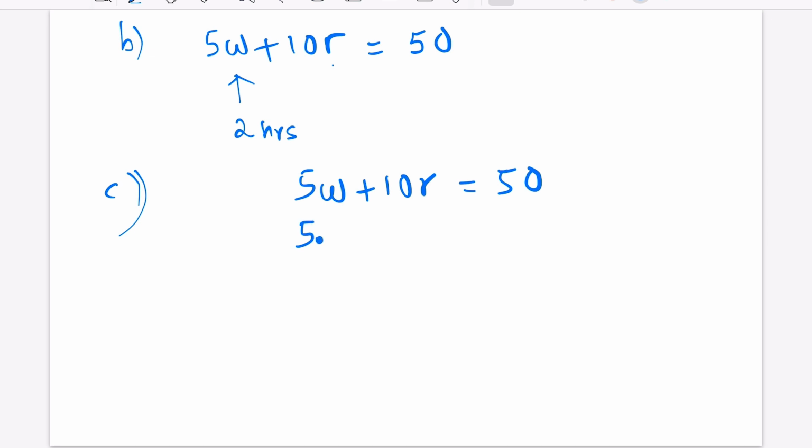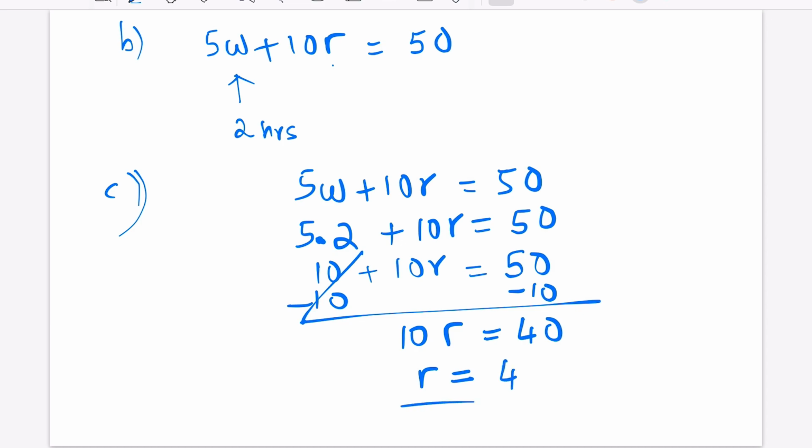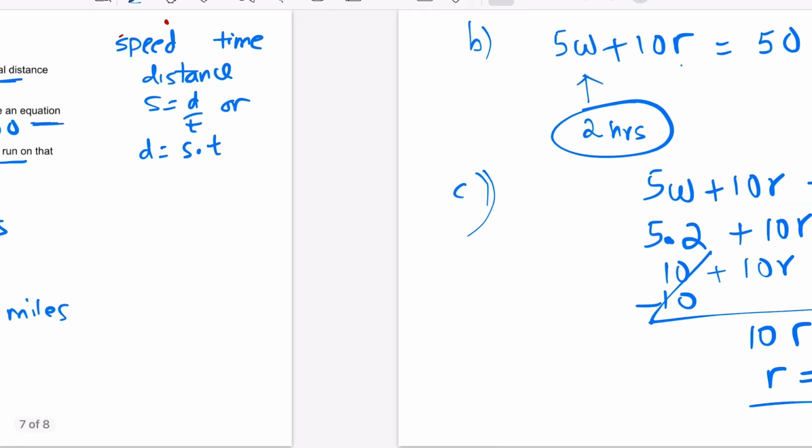5 times W, where W is 2 because in question C, Mr. X had walked for 2 hours, plus 10R is 50. 5 times 2 is 10, plus 10R is 50. Remove 10 from both sides. So we're left with 10R as 40 and essentially R as 4. So he ran for 4 hours. He walked for 2 hours because the question states that he walked for 2 hours, and it's asking you to find how long he ran, and he ran for